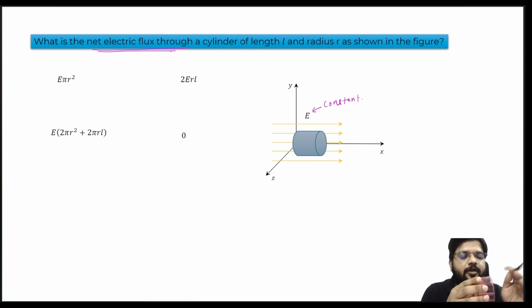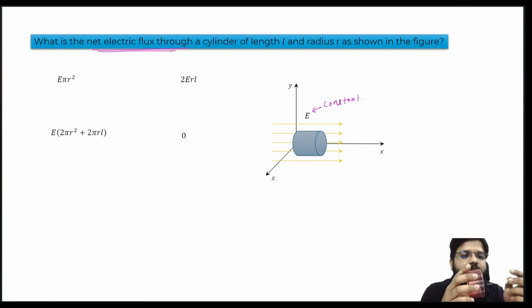And what is happening on the curved surface? Here the field lines are parallel to the surface, so the flux passing through the curved part is 0. Flux only enters from this circular part,